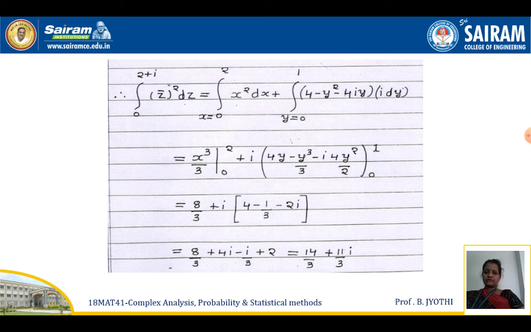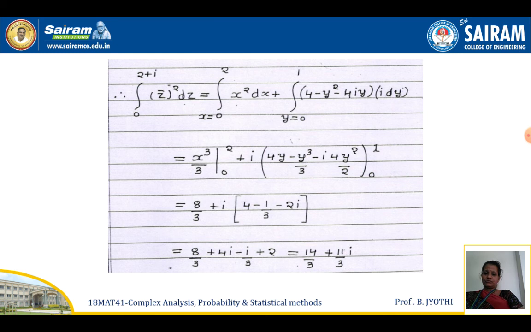Now x square when integrated, it will be x cube by 3 varying from 0 to 2, and i times of 4y on integration minus y cube by 3 minus i into 4y square by 2, which varies from 0 to 1. So on substitution, we get 4 minus 1 by 3 minus 2i, or 8 by 3 plus 4i minus i by 3, plus